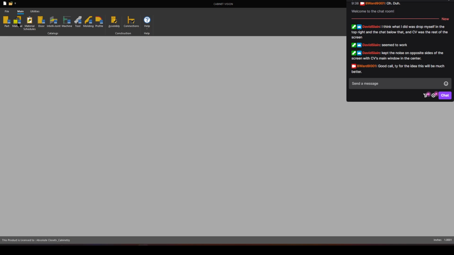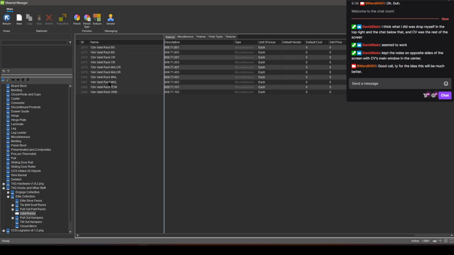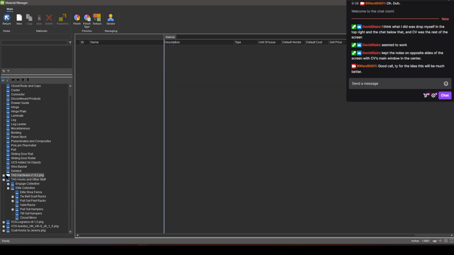basically, you can model things with SketchUp or import models from other people, and you can assign operations to them. The models are a little bit limited, but it's not that bad. They're pretty good. So let me see if I can find my hooks. Here's Jeremy's coat hooks, but